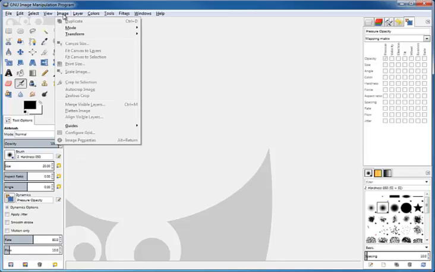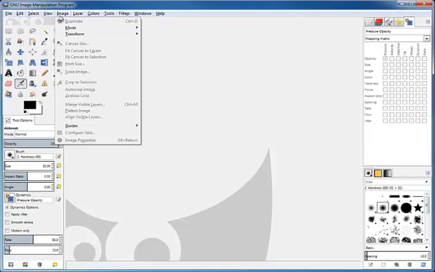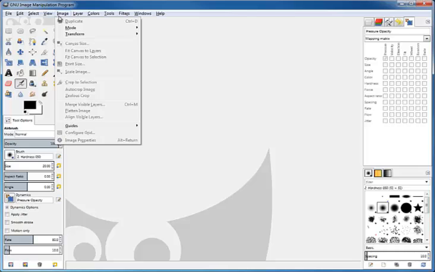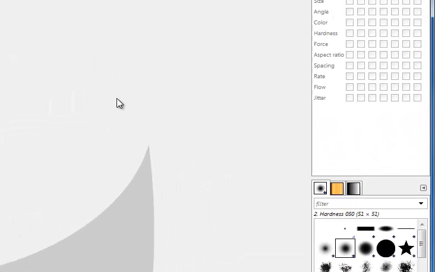The image menu, and notice that all of these, and I've been covering all of them, have the underline under a letter. That's the shortcut. This is the underline for I. So if I'm here in GIMP and I just press the I key,